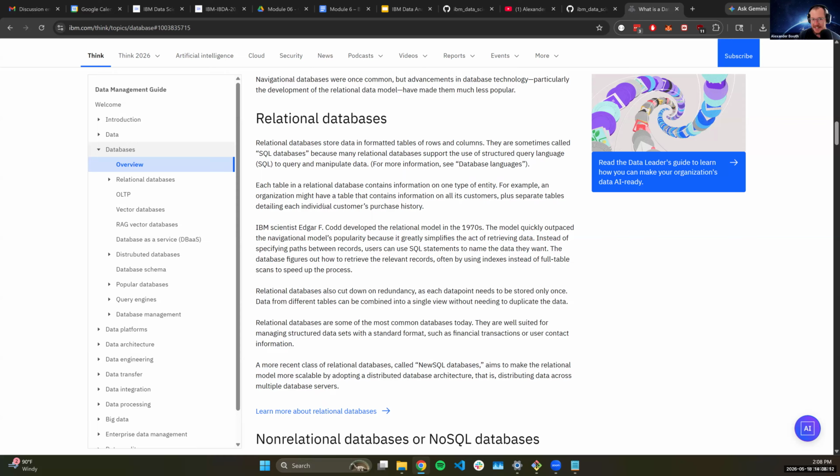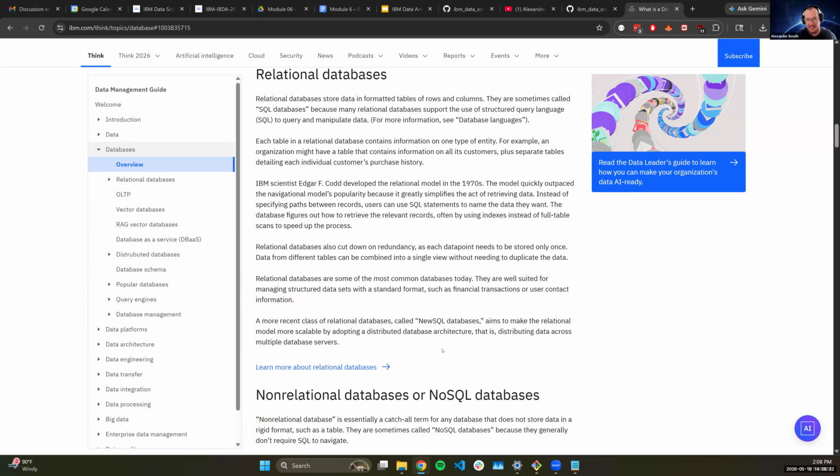To speed up processes, these databases were also optimized by indexes and reducing redundancy, right? So data can be combined without needing to duplicate data. For the longest time, about 20 years, the 1970s, 1980s, the only databases you could manage were licensed. So these were large proprietary databases from IBM, Oracle, Microsoft. Your Microsoft SQL Server kind of fits in here as well as a licensed relational database.